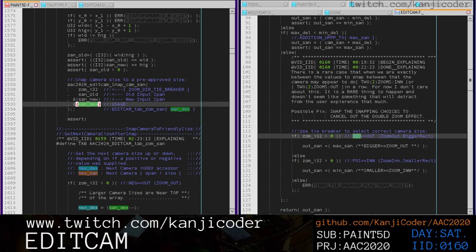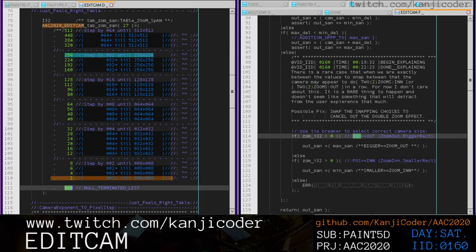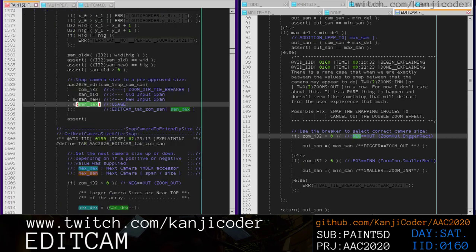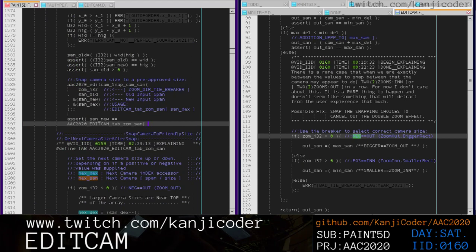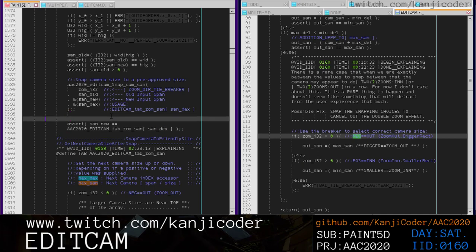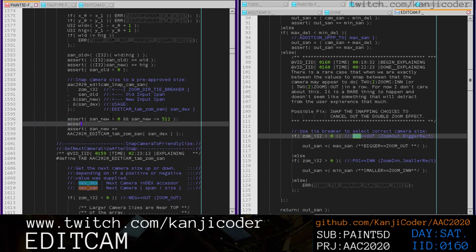Over here, this new and this dex should be coming from here. So we can also do an assert here and say assert that, okay. And we can also assert san new greater than 0, and san new less than or equal to 512, right? Because we know we're going about only that high right now. And assert that san dex is greater than 0, and